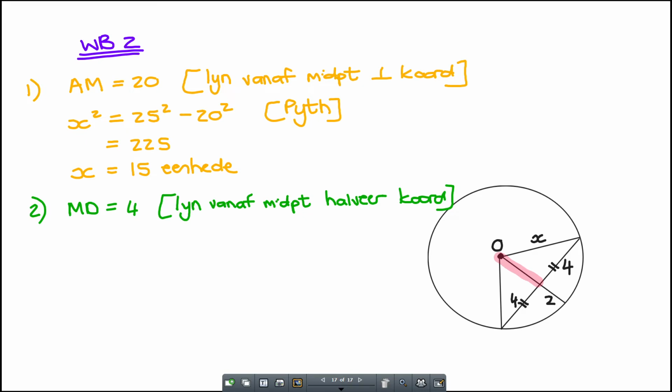Do you guys agree? Okay, so I'm going to say x squared, dis nou my skynsy, hypotenuse, will be equal to 4 squared